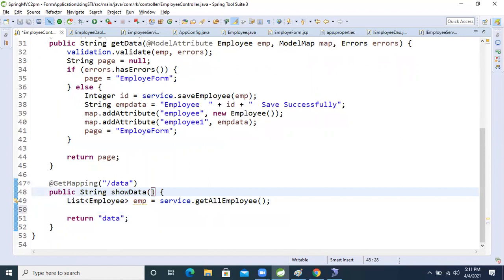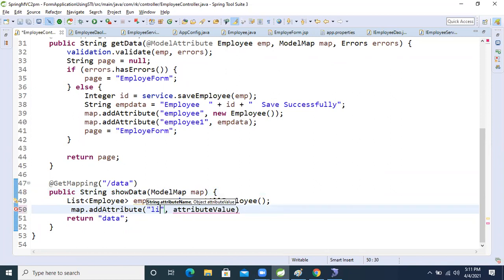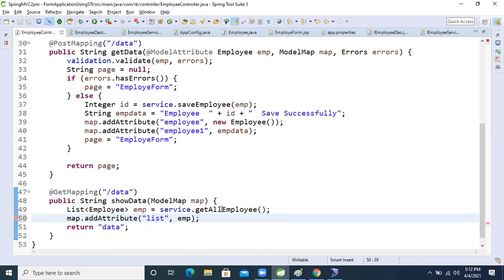If our method exposes data, we use ModelMap. We are exposing the data for that purpose. So we will use model dot addAttribute, passing the list. I'm returning the list of Employee, just taking the Employee object. Fine guys, that is completed.